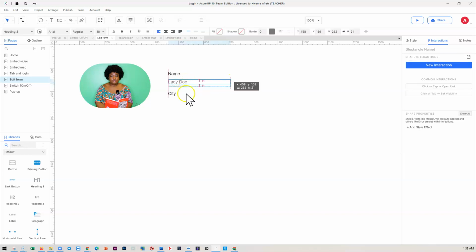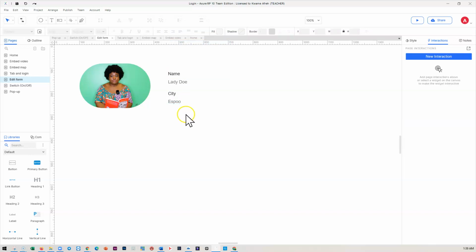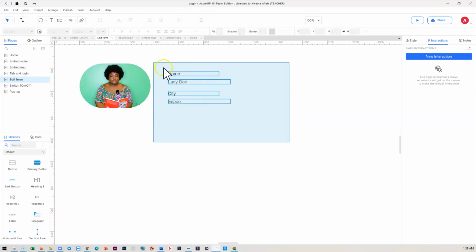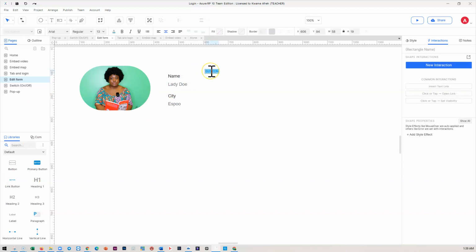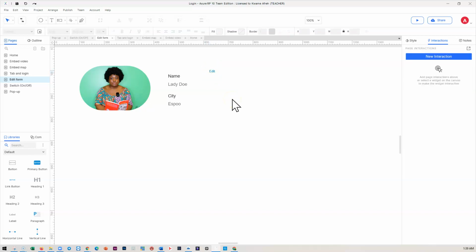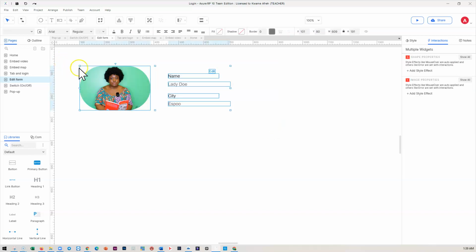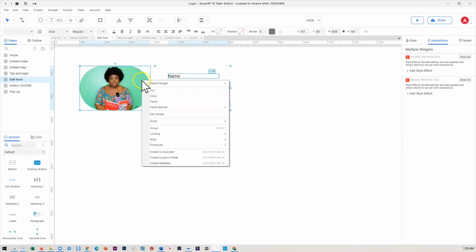And then let's place here Expo. And for now let's put also a button here that says maybe edit. Good. So let's first select everything, convert this to